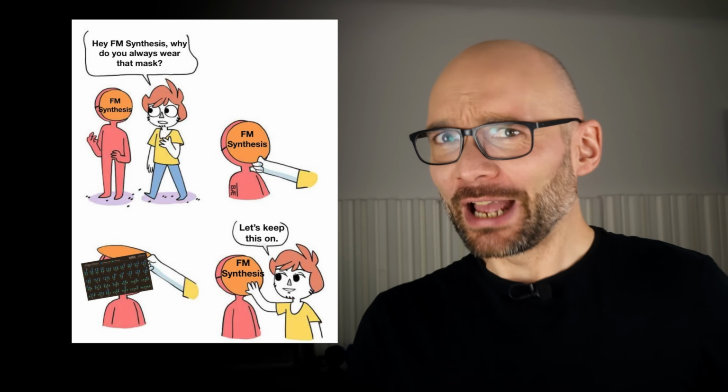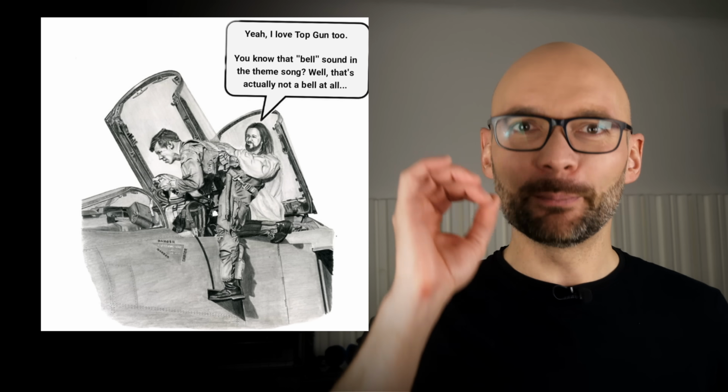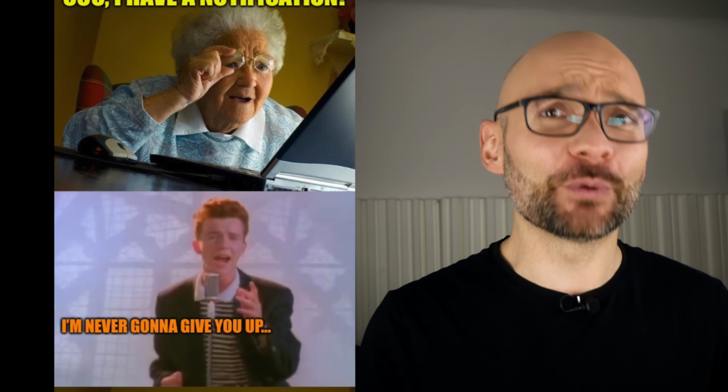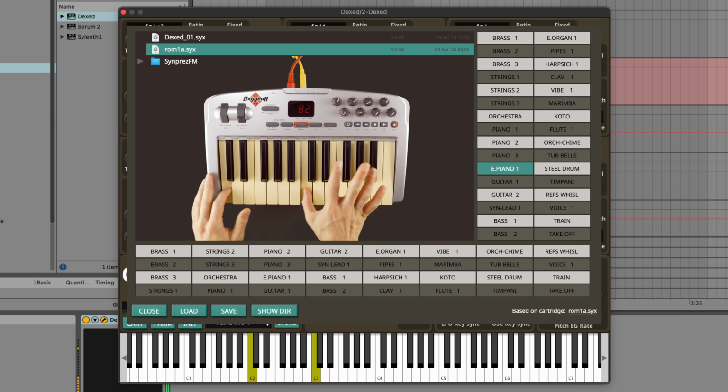Let's start this out with one of my absolute favorites. Given the unspeakable horrors of FM synthesis, it doesn't come as a surprise that instruments like the DX7 are infamous for their presets. While iconic patches like E-Piano 1 from Yamaha's Coffin of Coldness have been beaten to death in more of your grandma's favorite songs than any human could bear,